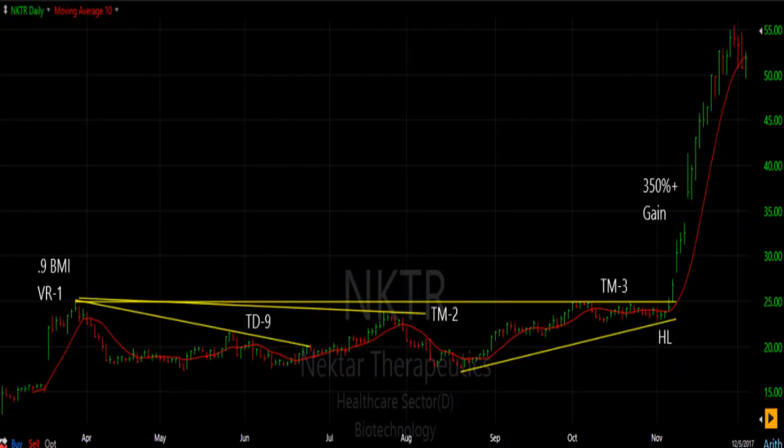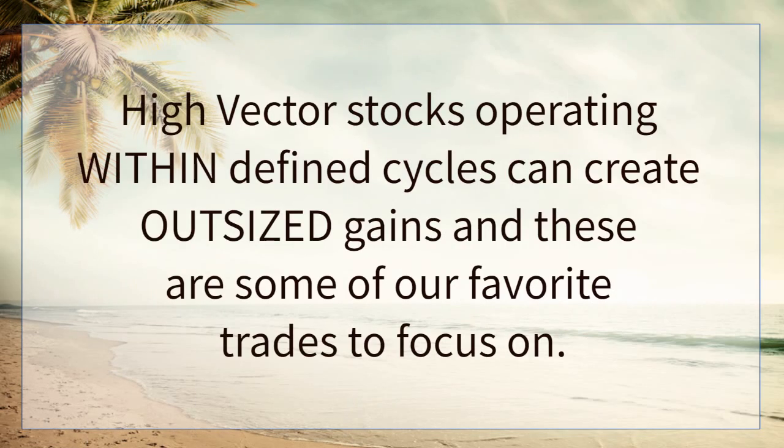Here is an intermediate CAT3 on NKTR. The options on this play were out of this world due to the huge move in a condensed period of time. High vector stocks operating within defined cycles can create outsized gains, and these are some of our favorite trades